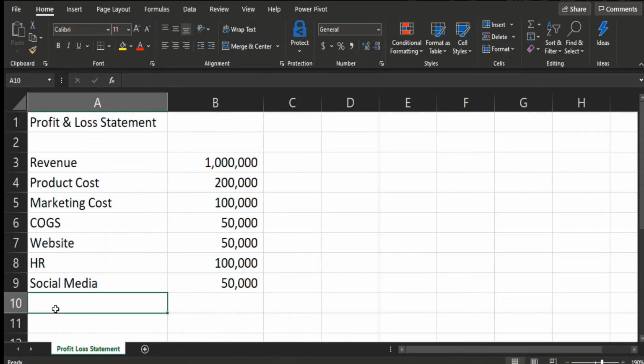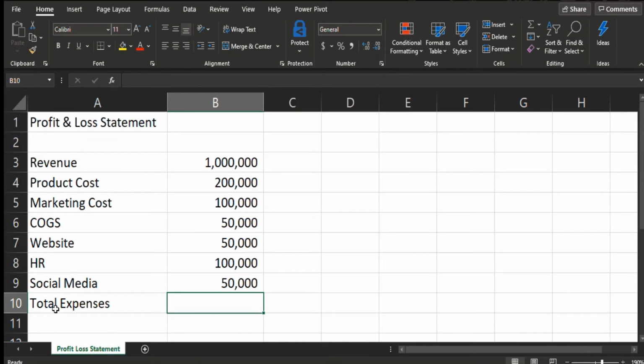Now the thing is, what are my total expenses? I don't really know. So let's add the total expenses. I need to add all the product cost, marketing cost, and all these costs and come up with a number. That will actually make me understand if I am making any money or I am losing any money. So the one way, the very simple way is that